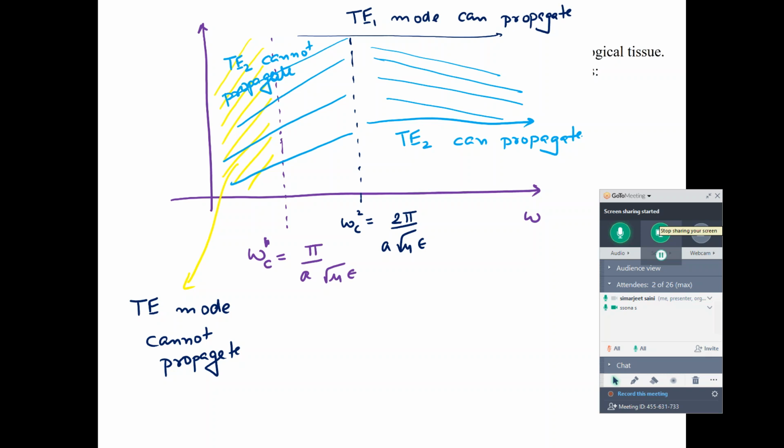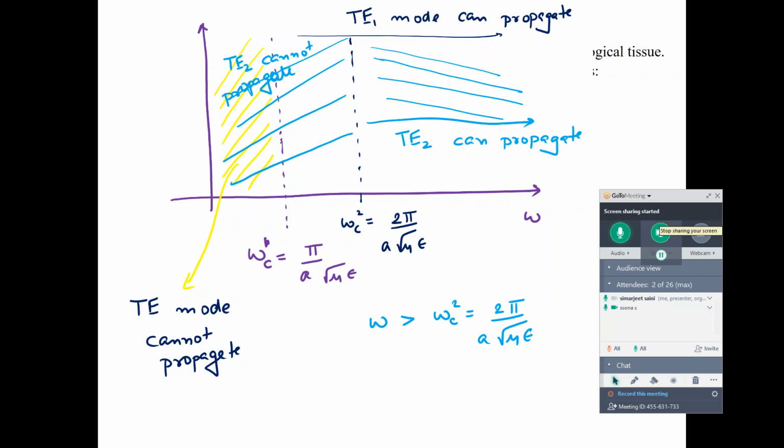So for omega greater than omega C2, such that it is greater than 2 pi a by square root of mu epsilon, there can be two different solutions. Two different functions can exist at the same time,